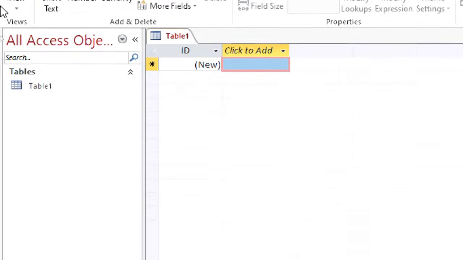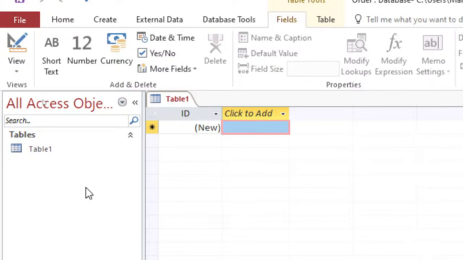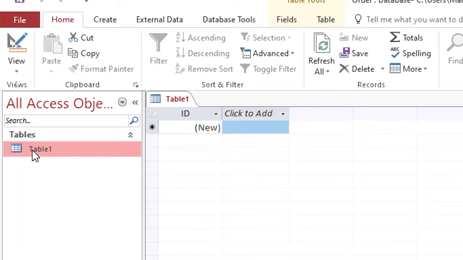And this time we will not get that error message, because I already have a database with that name. That's why it gave me that error. Otherwise, you won't get that. But what you get here is a sample table that is created for you. This will come by default in all versions of Microsoft Access, and you can create your own table by clicking on create and then table. But because I already have a table created by default by Microsoft Access, I'm going to just click on